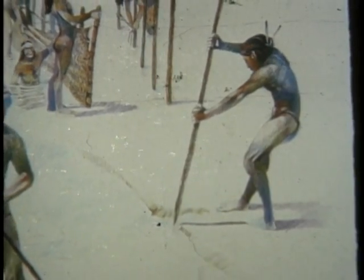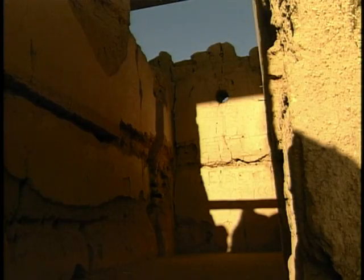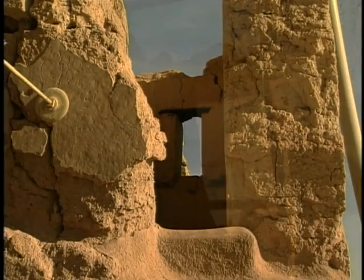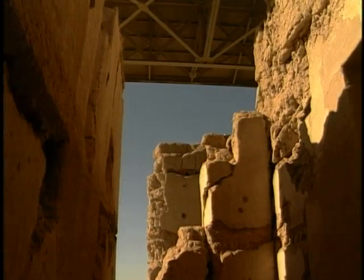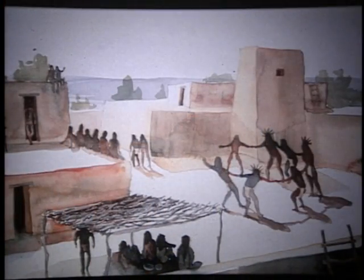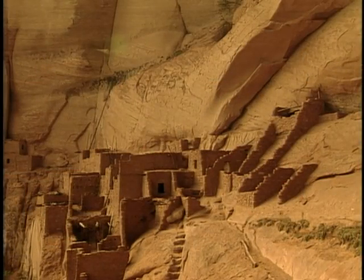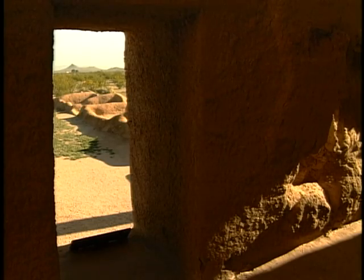Apparently, the Hohokam builders of the Great House were people who knew well the ways of the sun. Centuries of observation and experience allowed them to use the sun's movements as a calendar to mark planting time and other important occasions. They also engineered earth-sheltered buildings, which used the sun to stay warm in winter and cool in